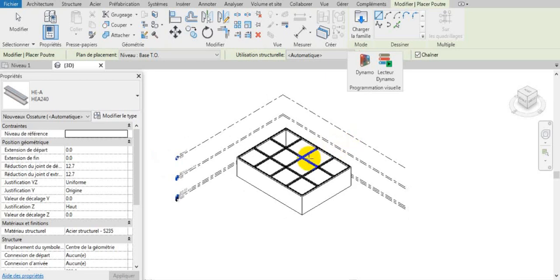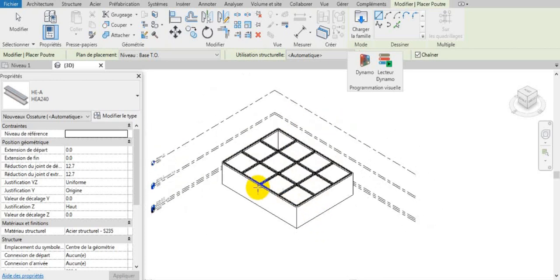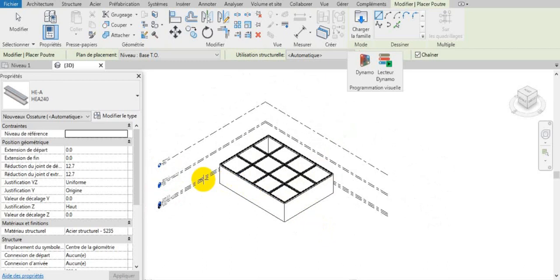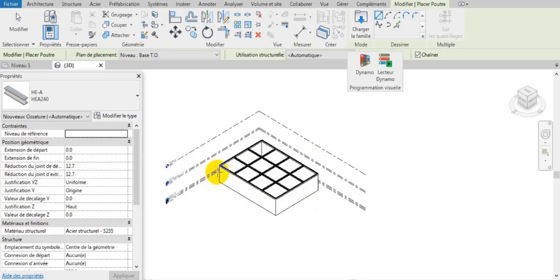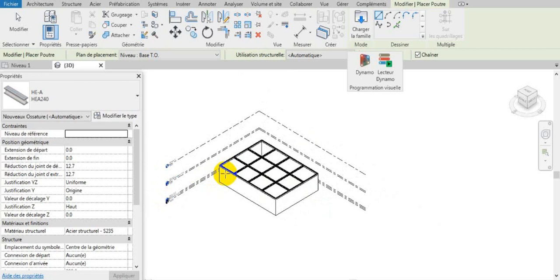Hello everyone, in this tutorial I will show you how to collaborate in Revit. So if you're working in a construction project with a team, everyone in your team is working in the same project, and finally we should have the final project, and in this process everyone in the team creates and modifies some things, and we should